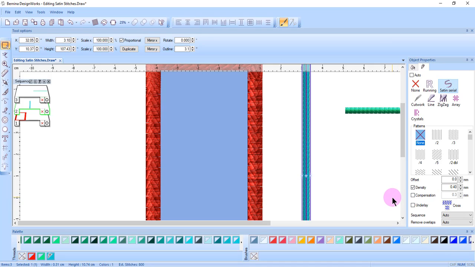If I want to change the pull compensation, I can place a check mark in front of pull compensation and use the up and down arrow keys. The range for pull compensation is 0 to 2 millimeters. Remember, this is added to objects in order to counteract the drawing in of a design as it stitches in the hoop. There are 11 different types of underlay,